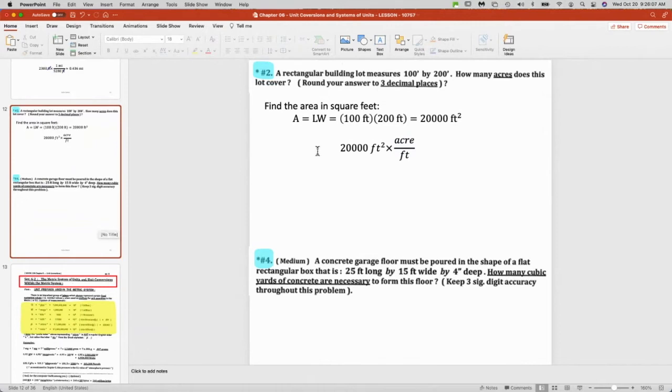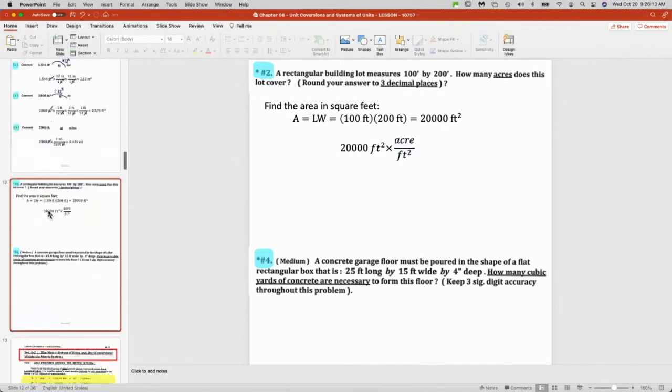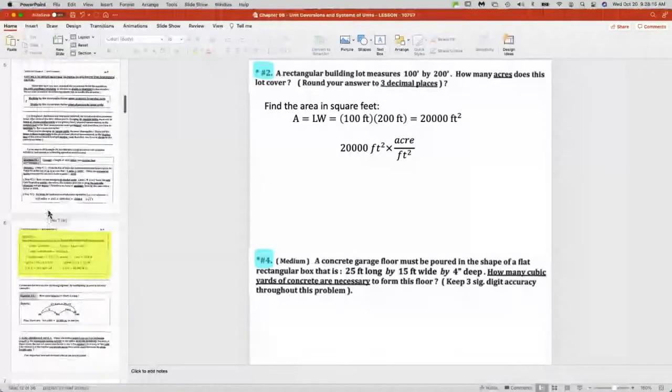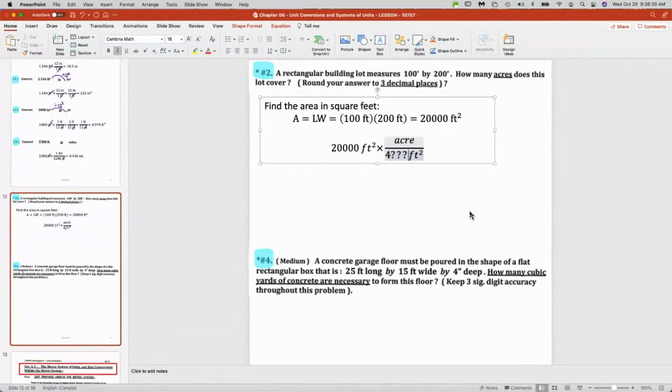Can someone tell me how many square feet are in an acre? That conversion is a one-stepper. You don't have to do 2 fractions here. So I'm looking on the side here. It's 40,000 something. Can someone look up that number? How many square feet are in an acre? Thank you, Marco. 43,560. I'll put a comma in there so we don't get too much of a headache trying to count all these zeros